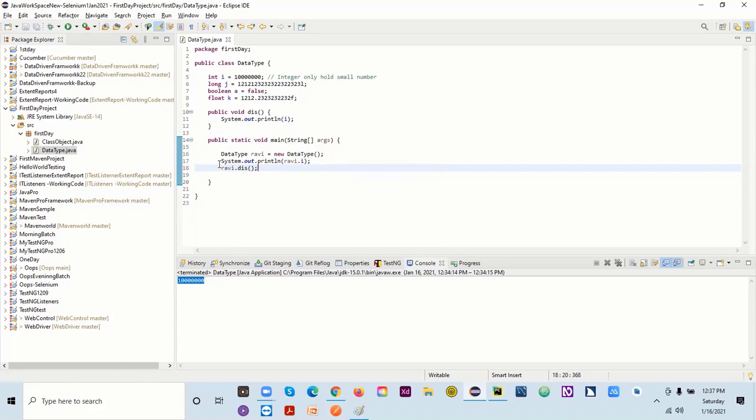Why? Because we don't need this print statement, since we have already given the print statement inside the method. As soon as I use a reference variable and give the method name, whatever you have under this method will be printed.